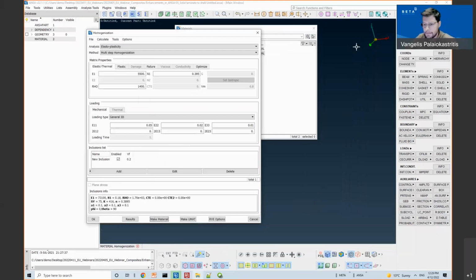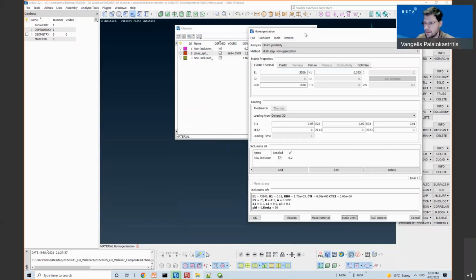Now, especially for Abaqus, we distribute some UMAT and VUMAT subroutines. So there is an option available in the Linux OS where it will create the UMAT.